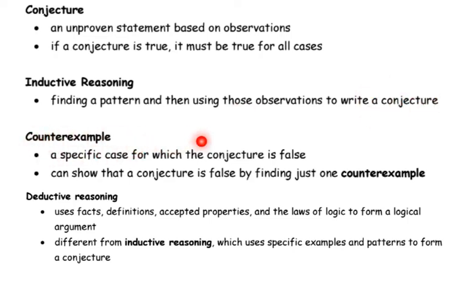A counterexample is a specific case for which the conjecture is false. You can show that a conjecture is false by finding just one counterexample. So if there's one example,